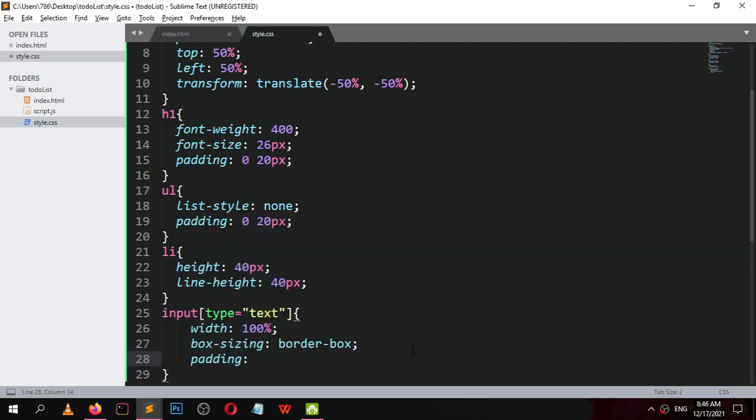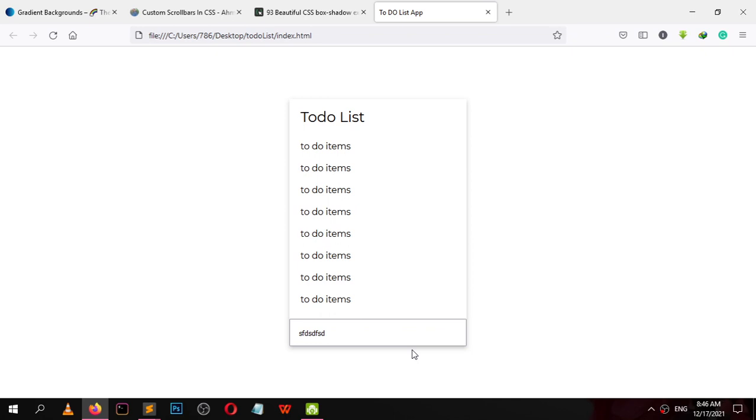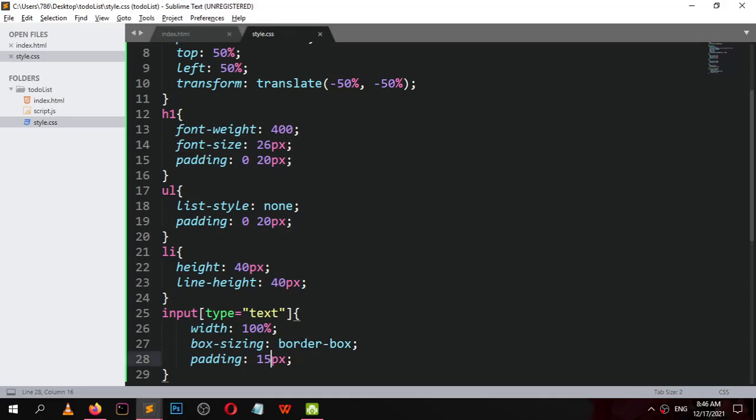Padding 20px or do it 15px, and this outline should be removed. First,